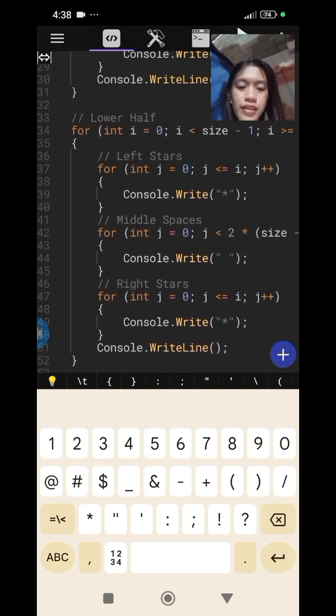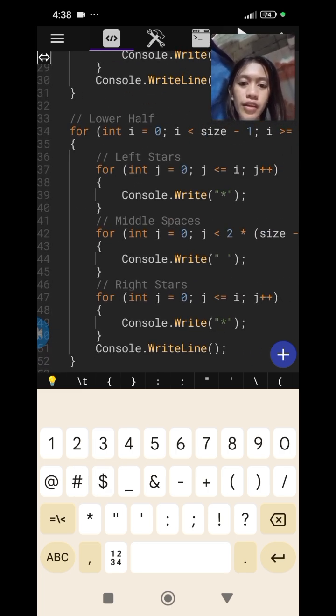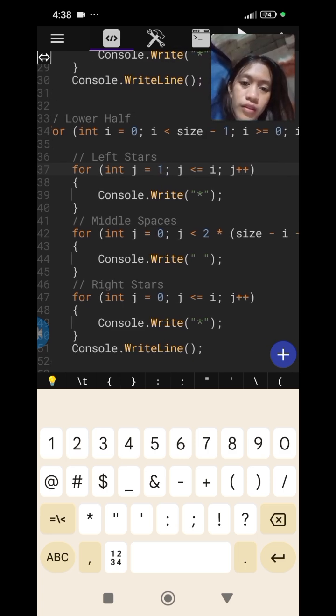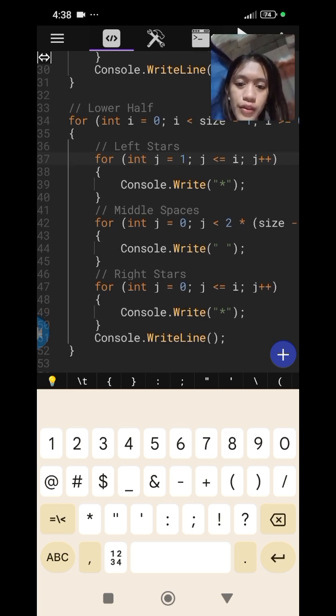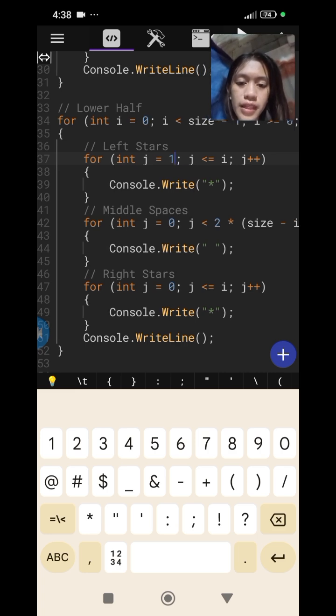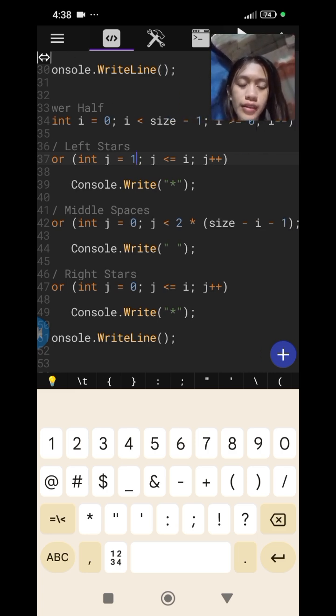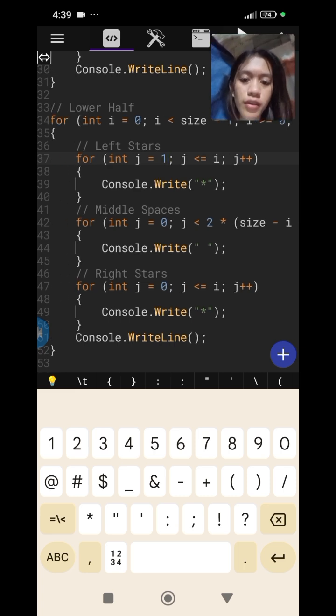After that, modify natin, increment natin siya sa 1, so change natin to into 1. 1 less than or equal to 0 is false, so proceed tayo dito sa middle spaces. So, 0 less than 2 times 3 minus 0 is 3 minus 1 is 2. So, 2 times 2 is 4. So, true siya